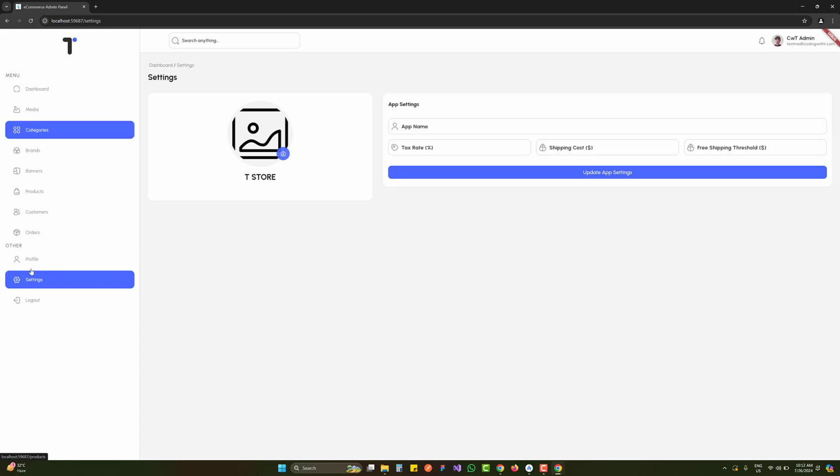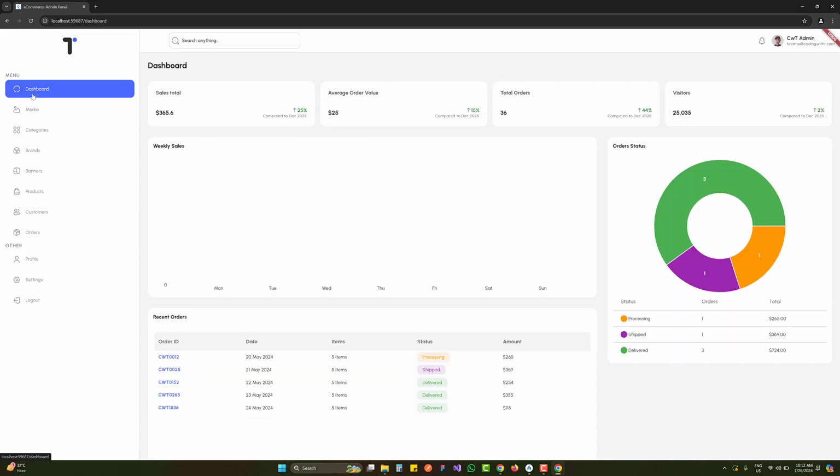So once this is done, we will be almost at the end, having completed fetching and displaying all the information. And the last thing is we will go to the dashboard and we'll try to make these things dynamic based on the orders we already have over here. So before watching the dashboard, make sure you watch the order screens. And in this way, we end up with today's tutorial.